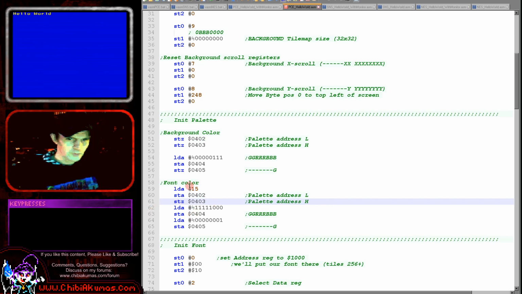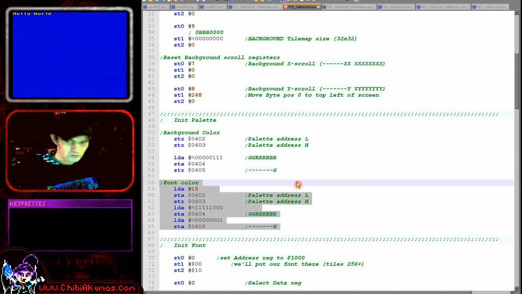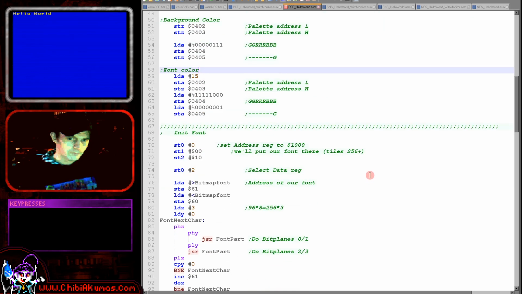And then once we've selected our color entry, we're setting this to yellow. So we're setting all of these 3 blue bits to 0 here, and the 3 bits of red and green to 1s here, and we're writing those to 0404 and 0405. And that has set us 2 colors just to do the basics of our font. Okay,